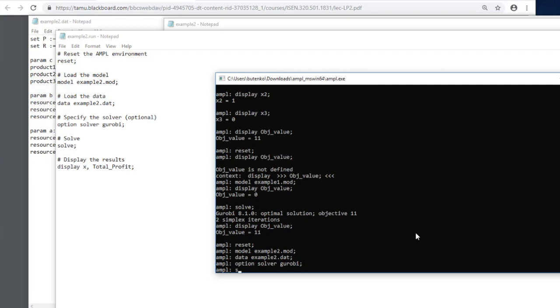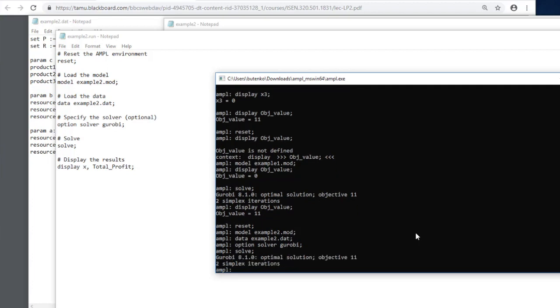And then finally we solve the model. We can see that again the optimal objective is 11. So you see this is the same example as we used in example 1, but now it's just represented differently. Now we split it into 3 files, .mod, .dat, and .run, but I haven't used .run yet, so I'm just